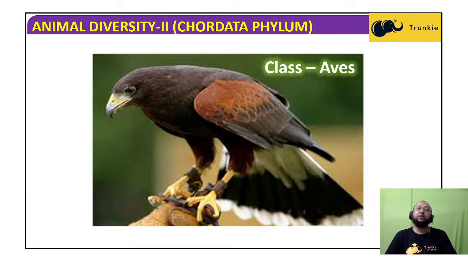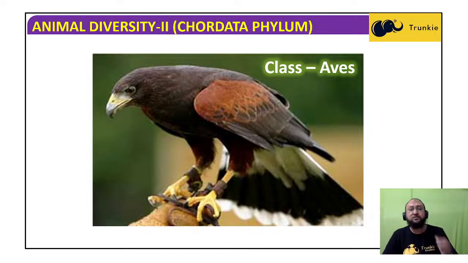The duck-billed platypus is an example of an animal which is the connecting link between the reptiles and the mammals, because it has hairs on its body, which is a mammalian feature. At the same time, it lays eggs, which is not a mammalian feature, but a reptilian feature. So it indicates that this is the link. During the course of evolution, reptiles gave rise to mammals.